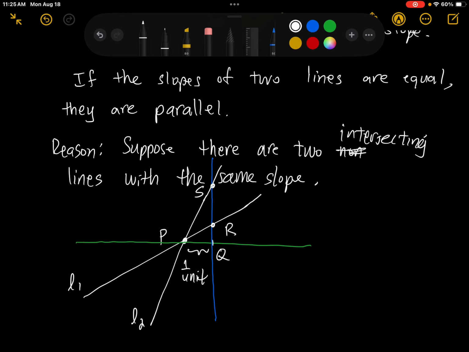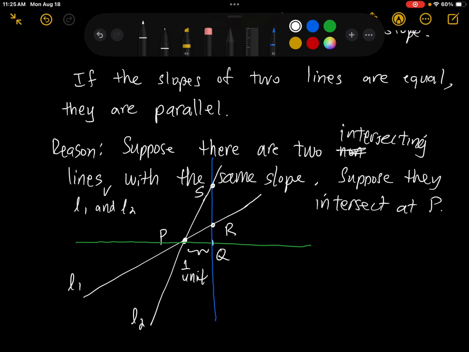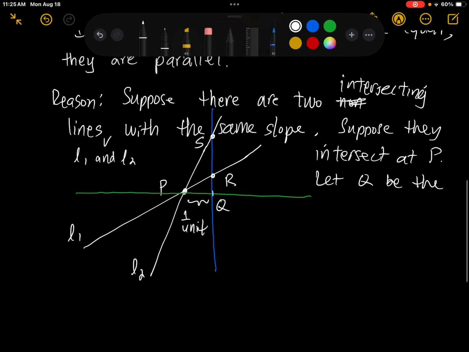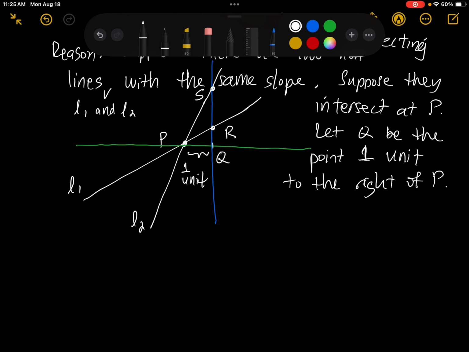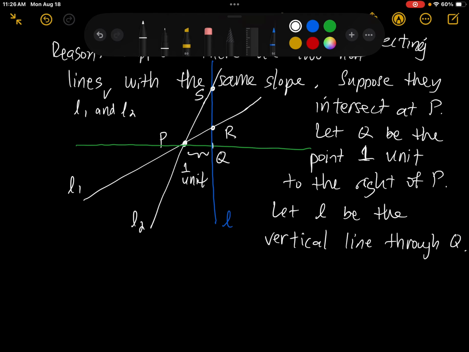So suppose that there are two intersecting lines, L1 and L2, with the same slope, and suppose that they intersect at the point P. Let Q be the point 1 unit to the right of P. And let's call this blue line L. So we let L be the vertical line through Q, and let L intersect L1 at S, and let L